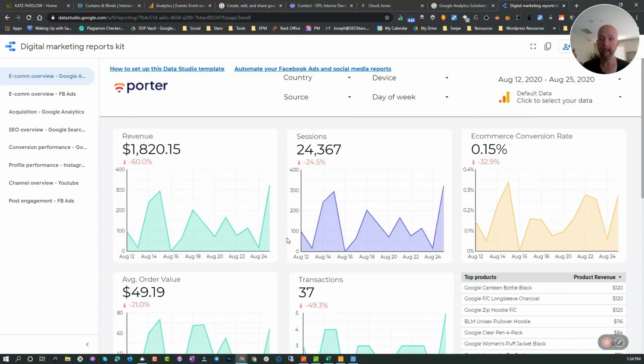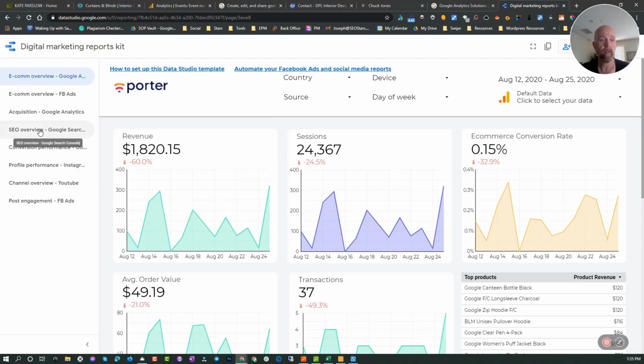So creating a dashboard is a great way to communicate your information to your prospects, to your clients, and even for yourself, as well as make decisions on what strategies you need to do to accomplish the goals and go to the next level. So go into datastudio.google.com, set up a free account, and do some searches, say digital marketing plan, and there's tons of free things that you can look at here